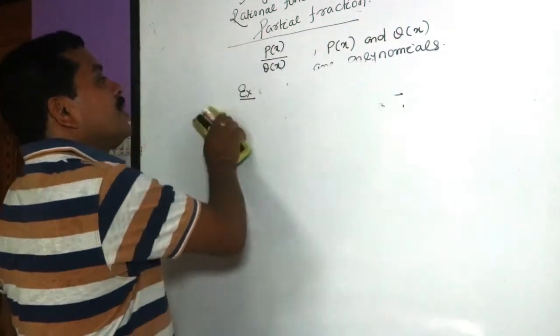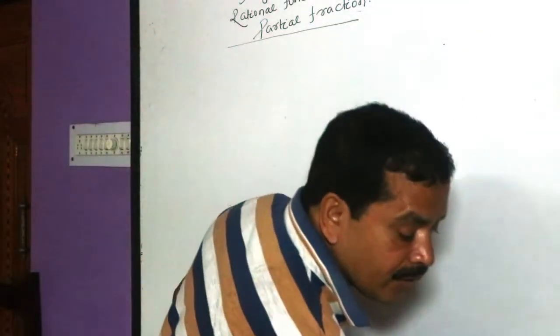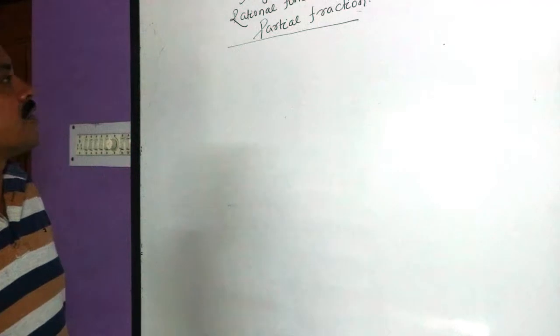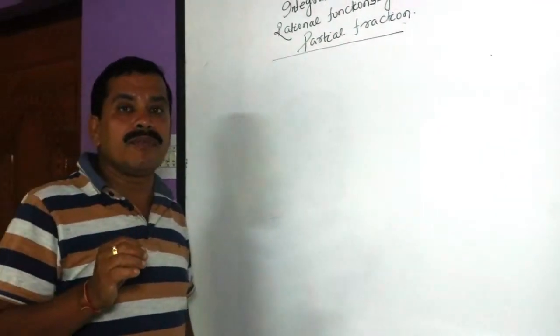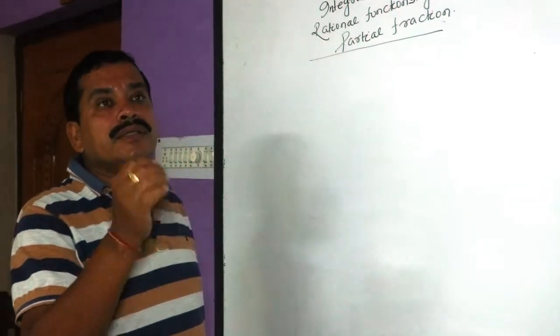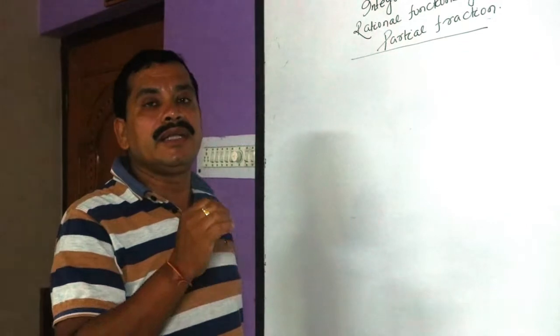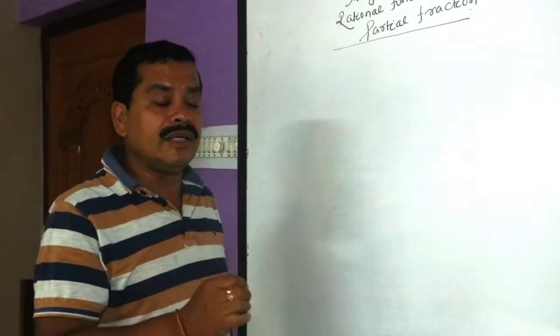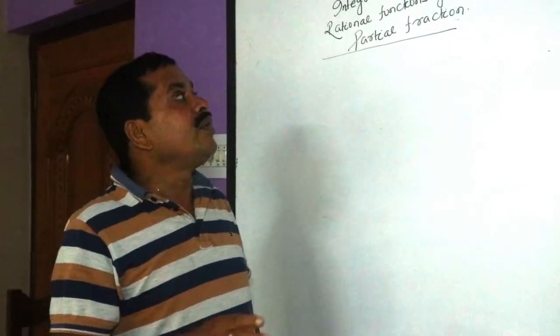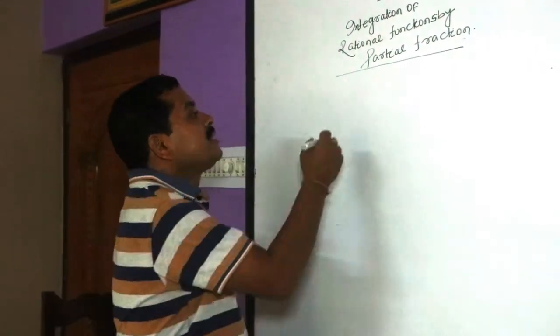So first, our aim is to convert the rational function to a proper rational function. Proper rational function means the degree of the polynomial in the numerator must be less than the degree of the polynomial in the denominator. Then we apply the method of partial fractions. For example,